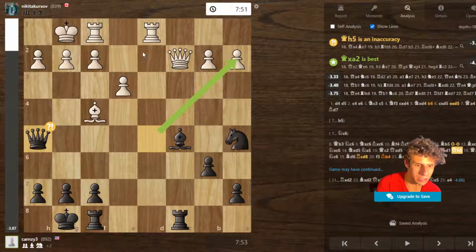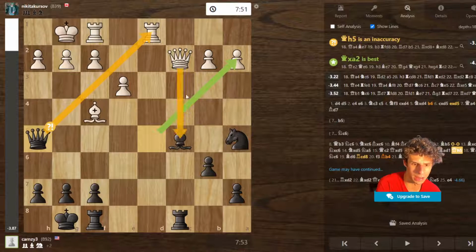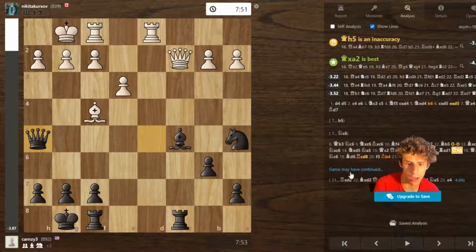I target this rook here. I'm lining up everything, but I leave this queen kind of on its own, and it can get really strong in a couple moves. Queen e2 is the best move for white here, which is just slide over and try to...